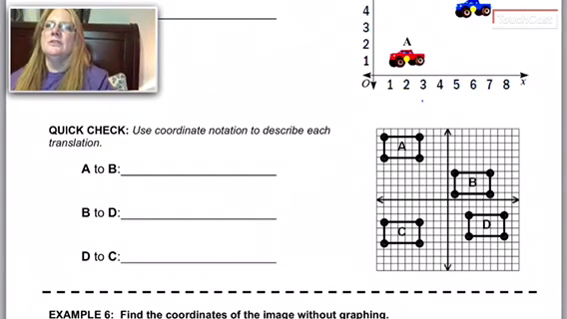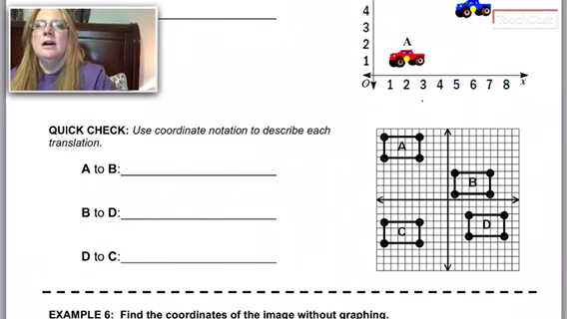On the quick check here, use coordinate notation to describe each translation. Okay, so since these are translations and they're all congruent figures, each point in the figure is going to move the exact same amount. So